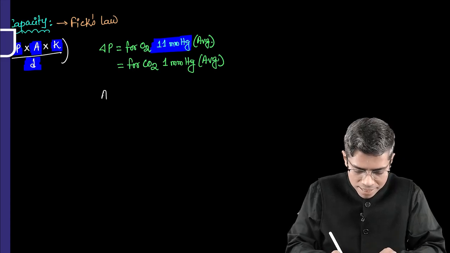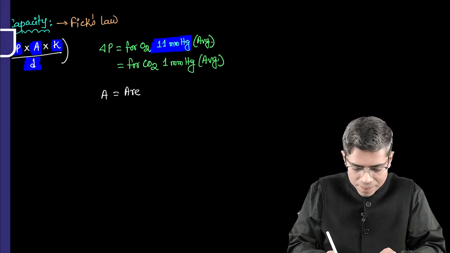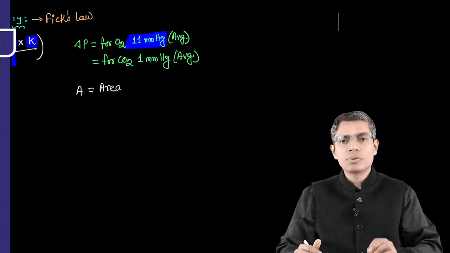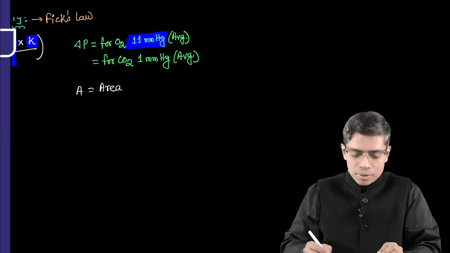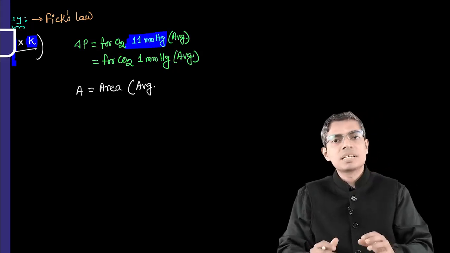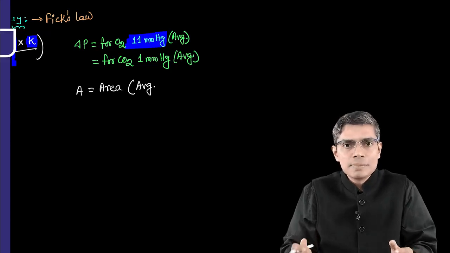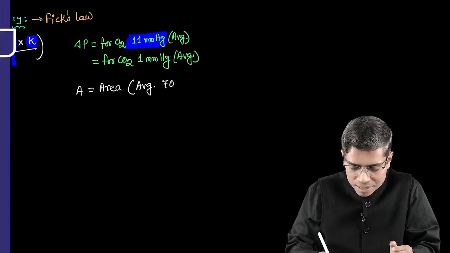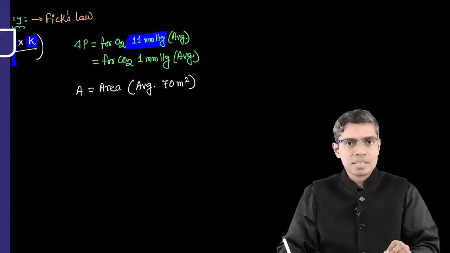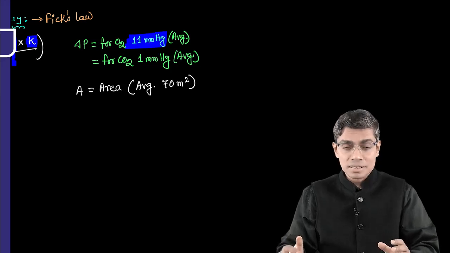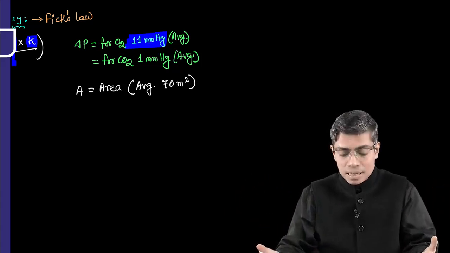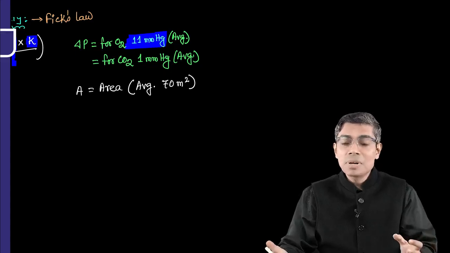Now look at the second factor, A for area, the total surface area of diffusion. Could you recall what I told you? What is the average surface area for diffusion? The average surface area for diffusion in a normal lung, considering that all 300 to 500 million alveoli are working, is 70 meter square according to Guyton, but on an average 50 to 100 meter square. Think of that: it is a very big room. The floor of a very big room is around 70 meters square. And if you look at the blood,